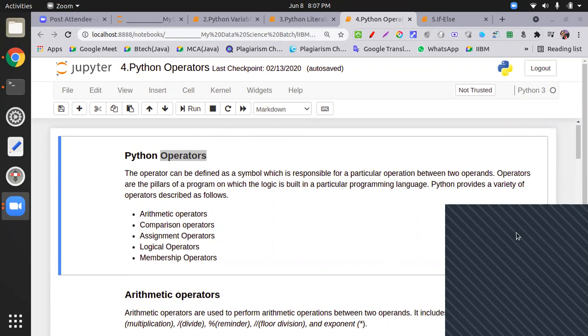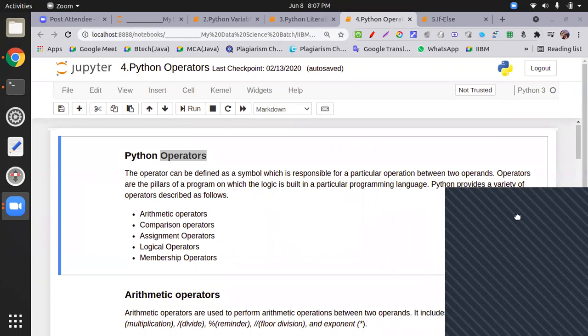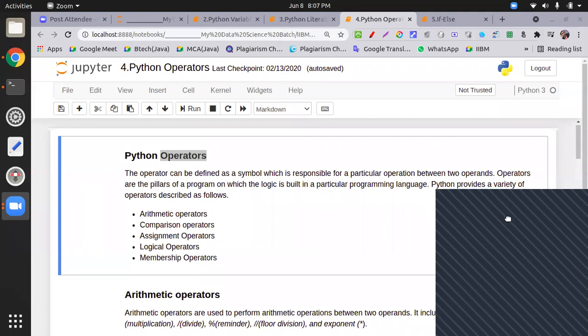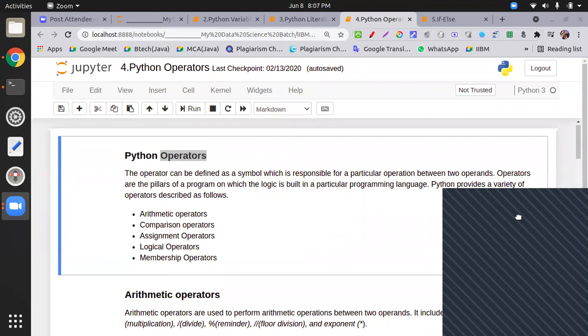Okay, sir. I will mute myself and raise the question. Definitely. In Python, my question is how many types of data types? You explained integer and string. How many types are there in total, like list and so many others?